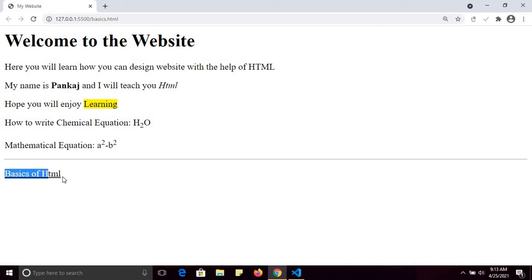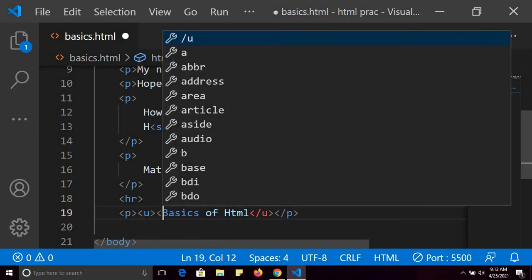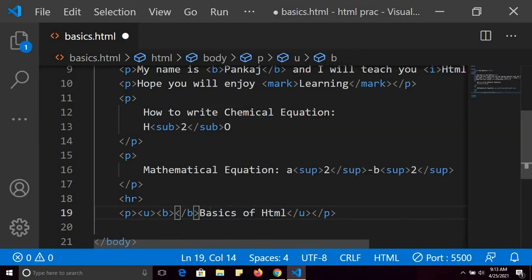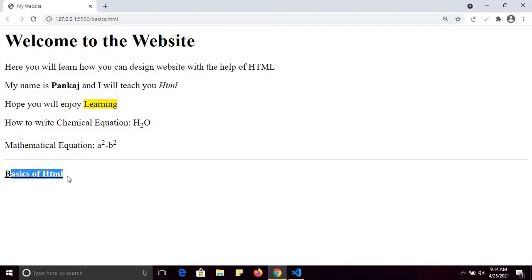You can see it is underlined. And if you want it underlined as well as bold, you must enclose it in the bold and underline tags, and see, underline is first, then bold, and then bold underlined. So see, it is also bold.